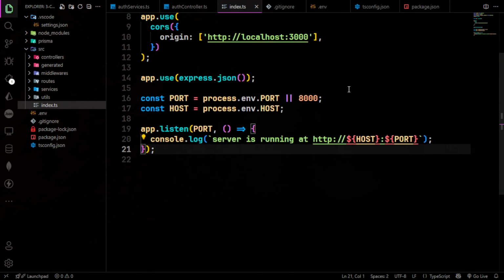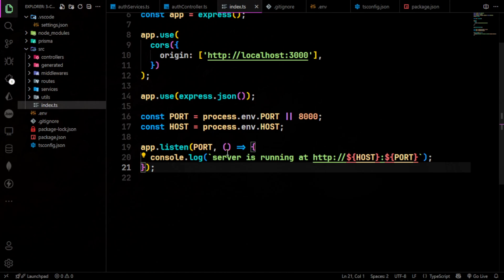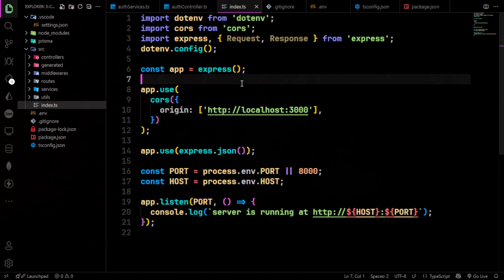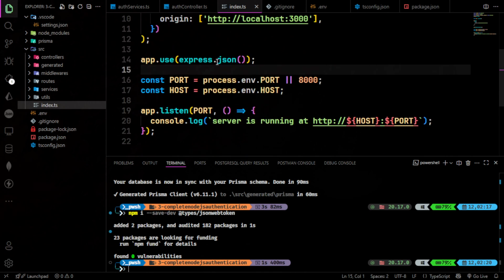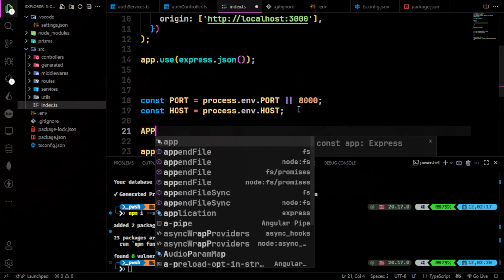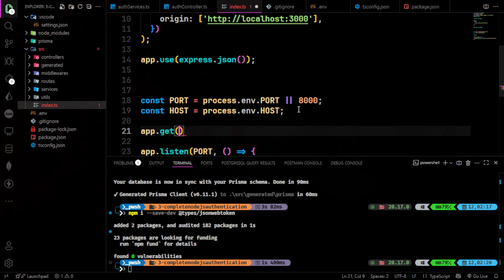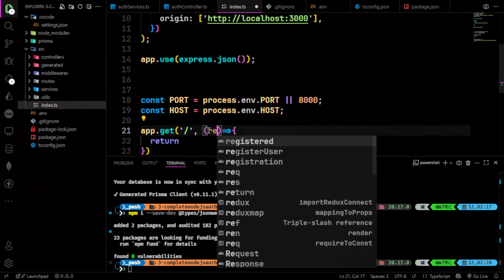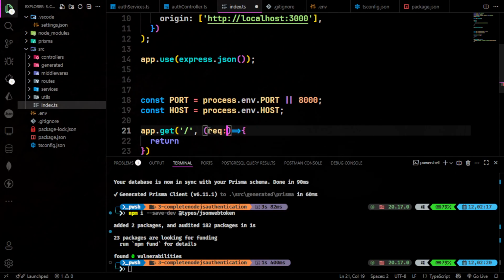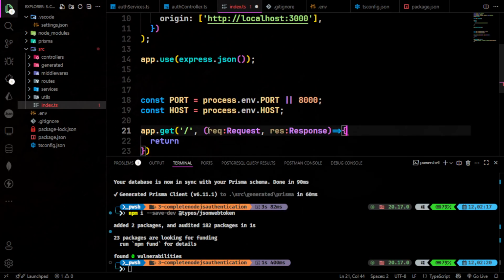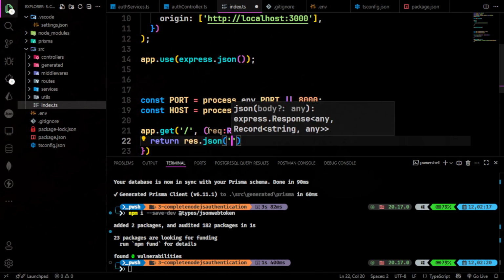When you run this project, it will print that the server is running at an http host and a port. So let's run this project first, and let's write a default route, like a home route, app.get. For the home, I will send a response. It will require req and res, like request and response. Let's return res.json message